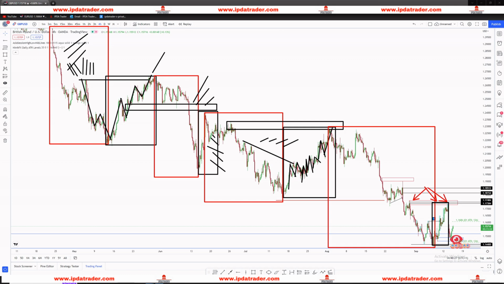So once again, that's all that I wanted to highlight today. You can see that expansions are a lot bigger in terms of the pip amount that they offer. You can see the boxes over here are a lot wider, so they offer a lot more pips. They're easier to trade because once again, we're expanding the range. Pullbacks are a lot choppier and require a lot more focus in terms of seeing where you want to target and why and where you're expecting the trend to continue.